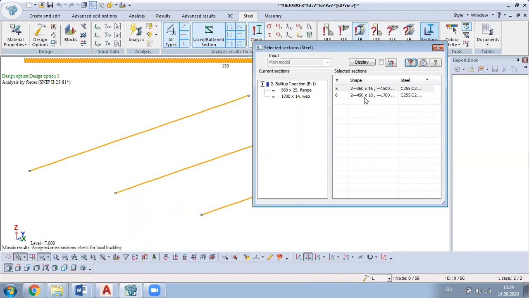So the program tells me that there is no reason to use such a big section for the main beam. Maybe it will be enough to use for flange 360 to 16 thickness, and for web,